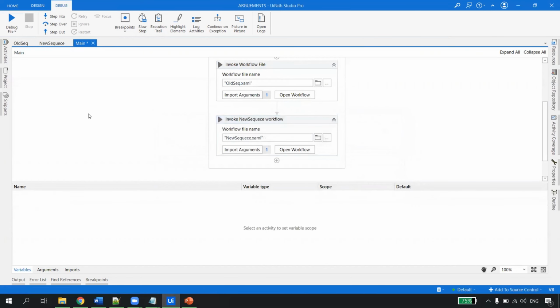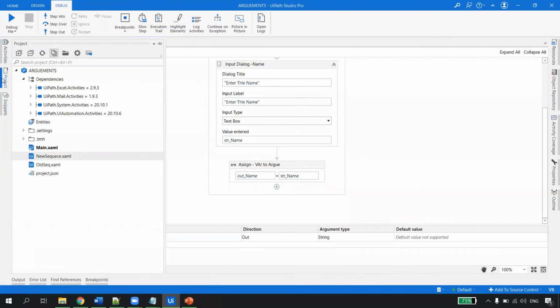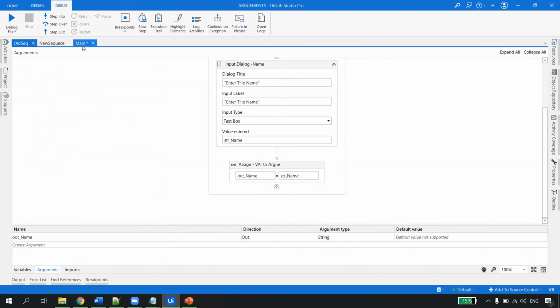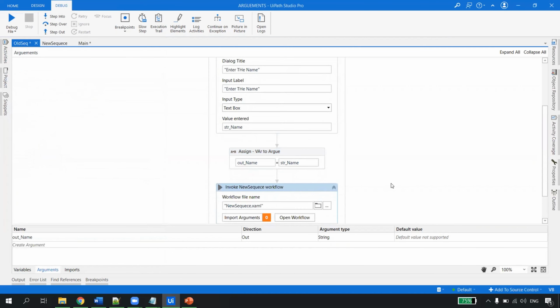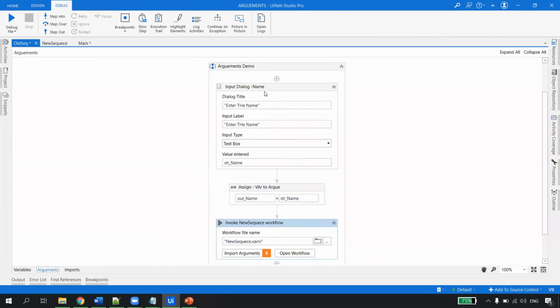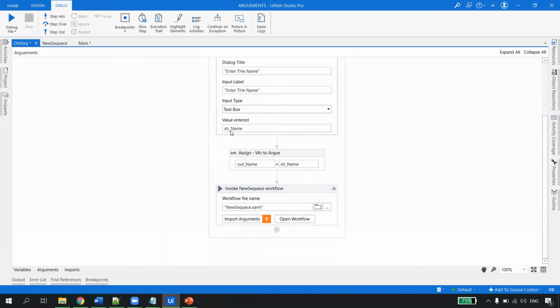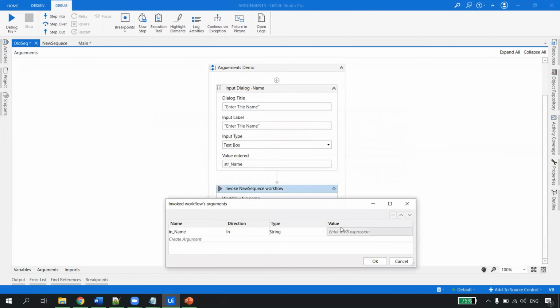Now one thing also you can do. In the old sequence also, you can always drag and drop the invoke workflow. It is not like you always have to invoke it in main; you can always invoke it like here. So we get the input name here. And now if I go to the project and drag and drop the new sequence here, this will also work. Now you tell me what is happening here. So we are inputting in the str name, and let me just go here. So what should I type here in the input argument?